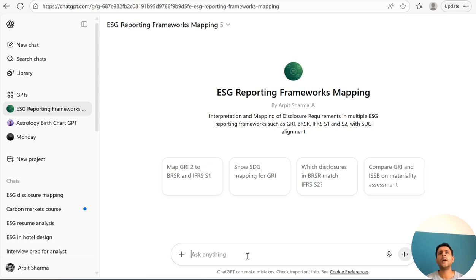So first of all, I'll show you something based on feedback. I received feedback that the GPT answers random questions. We have been able to fix that.